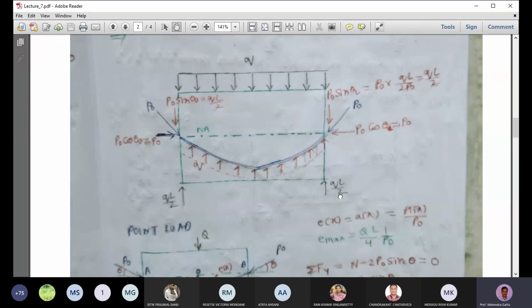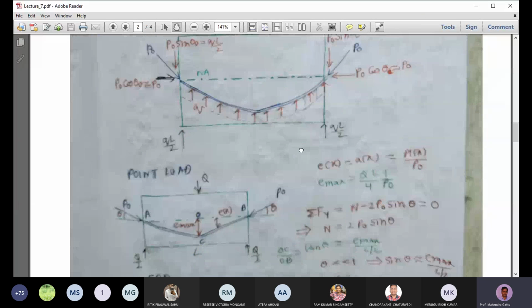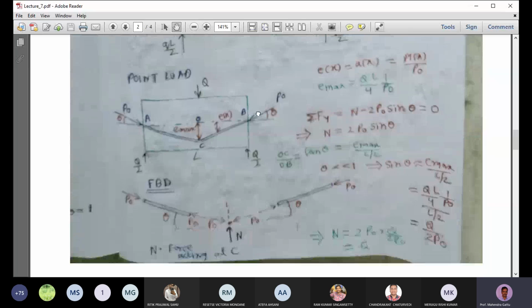Okay, so let's come back to the point load analysis. This slide is a little hazy. We have this beam, the neutral axis is here, and there is a point load acting at the center of the beam. That load is acting downward and the force is Q. To balance this force Q, since it's simply supported, we have half the load here and half the load there, so Q by 2 and Q by 2. The length of the beam is L.